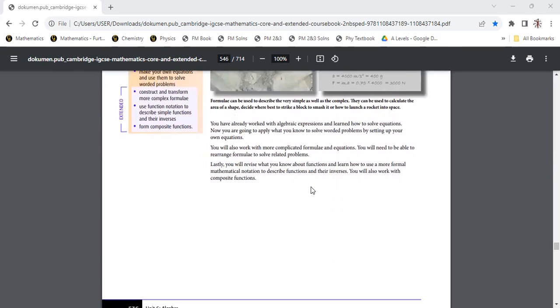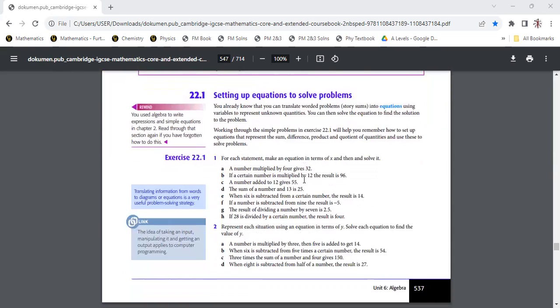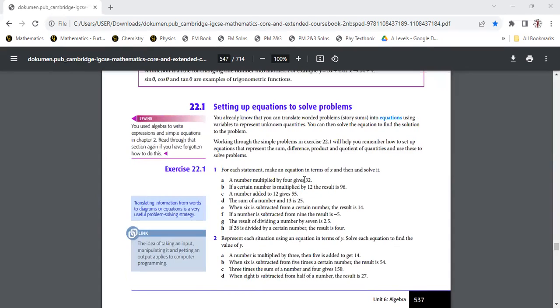So let's just have a little refresh on how we set up several equations to solve problems. Example, when they say a number is multiplied by 4 to give 32, what should we do to express this in an equation? Does anyone want to give a suggestion for this? 4x equals 32. There we go. So once we get 4x equals 32, we can divide by 4 to get our answer